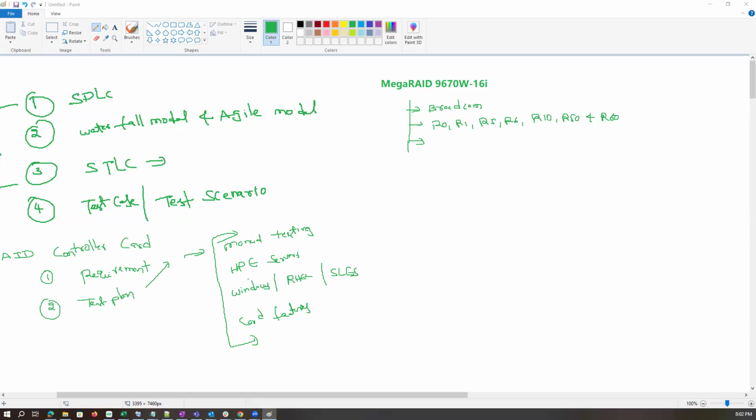So now we have the test plan. We made the test plan. Like we decided manual testing, we decided HP servers, all this. First we understand test scenarios and test cases, and then once you understand everything, we will prepare the test plan. So now you see,